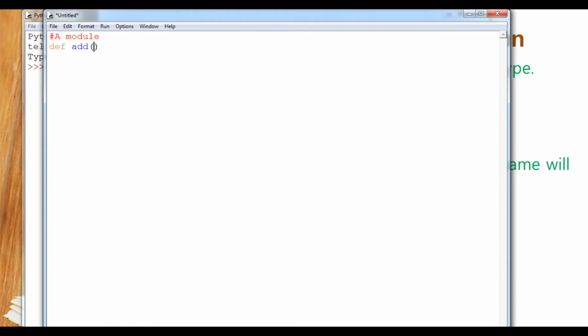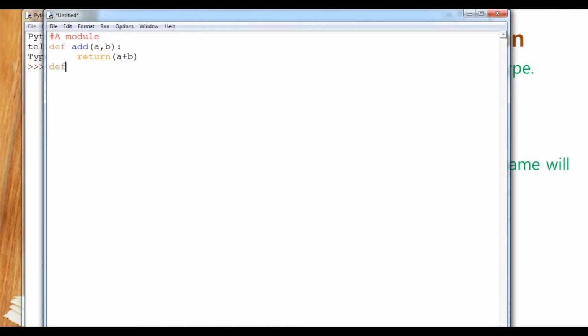Here I'm going to use variables a and b, colon, and return. Students, in the return I have passed a plus b. It is a simple operation. Now you can see the compiler has come to the indent.